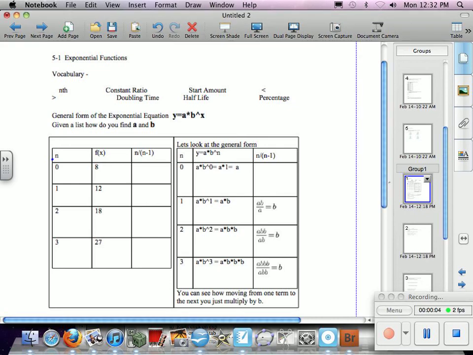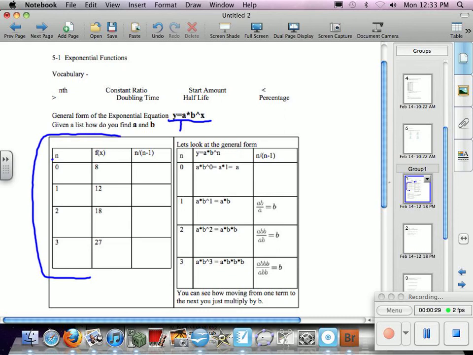All right. So yesterday we looked at the exponential equation. And maybe you stumbled upon the general form of the exponential equation. And we're going to go into that in more depth today. And the general form is a times b to the x. Now, oftentimes we're given some data points like this, or a table of values, and we want to find